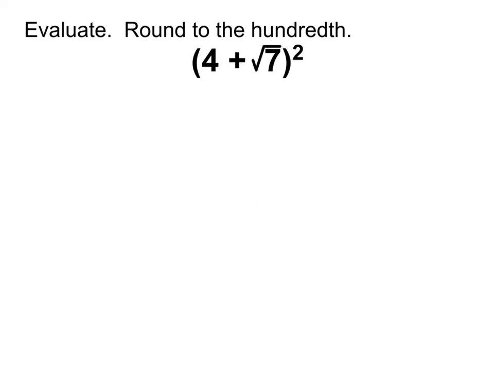All right, for this one, notice what we have going on here. We have parentheses and we have an exponent in there. So I've got to do the stuff inside of the parentheses first. So I'm going to start by doing the 4 plus root 7. Now, I'm not going to do that in one step. I've got to do the square root of 7 first. So this is going to become 4 plus, and then in my calculator I go 7, press the square root button, and we get an answer of